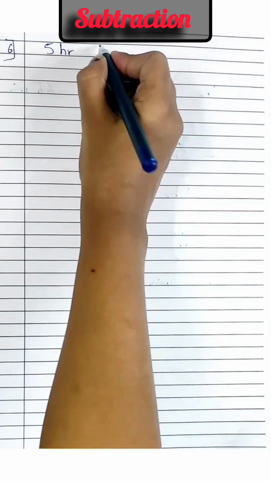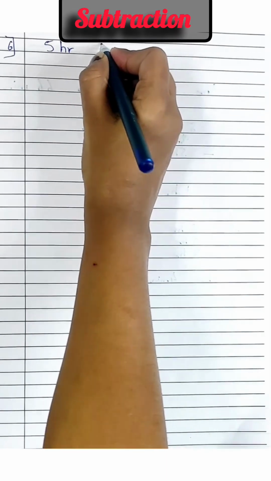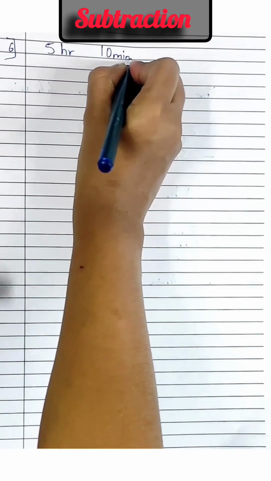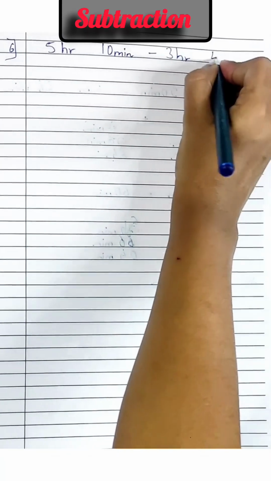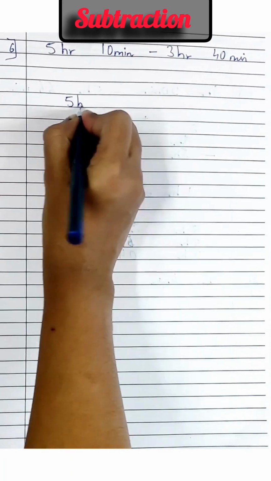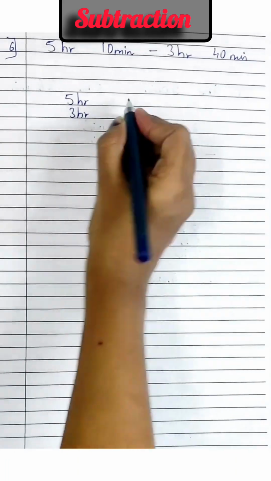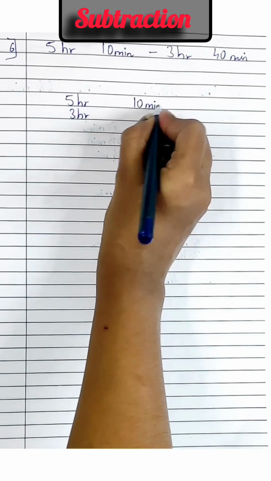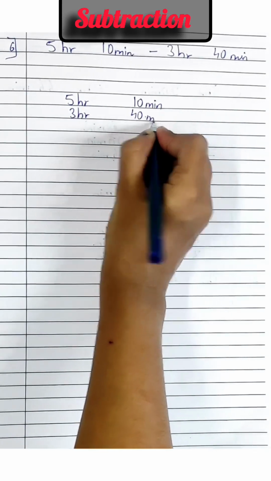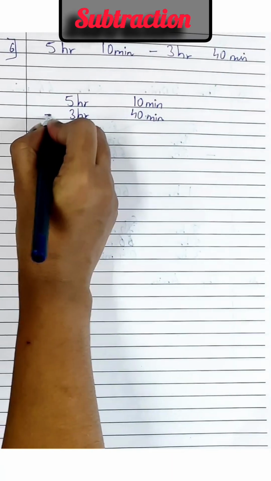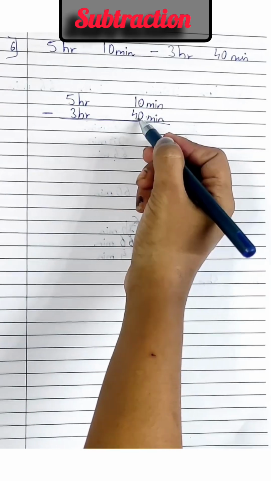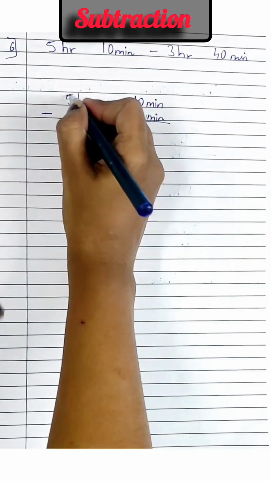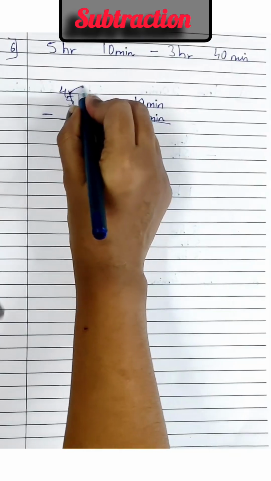Now 5 hours 10 minutes minus 3 hours 40 minutes. अगेन आवर्स के नीचे हम आवर्स लिखेंगे और मिनट्स के नीचे हम मिनट्स लिखेंगे. द सम इज बेस्ड ऑन डिफरेंस. डिफरेंस मतलब माइनस. अगेन 10 में से 40 माइनस नहीं हो सकता, सो दिस विल बिकम 4 और हम कैरी